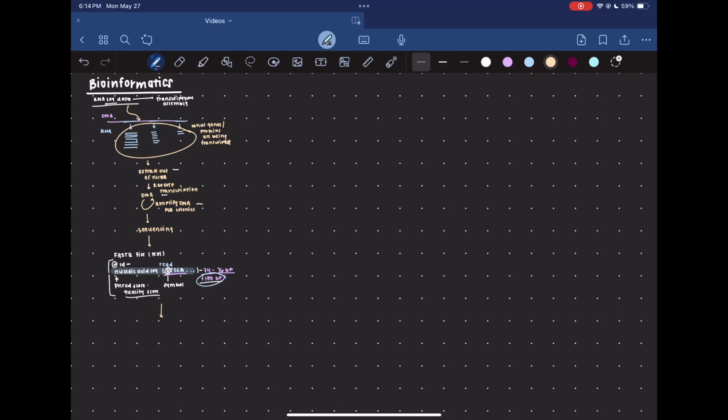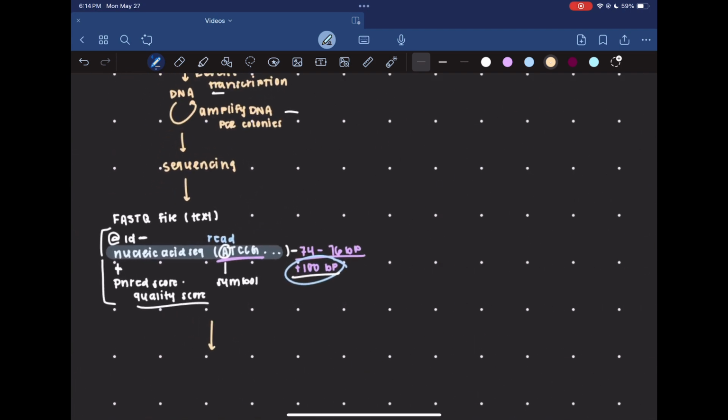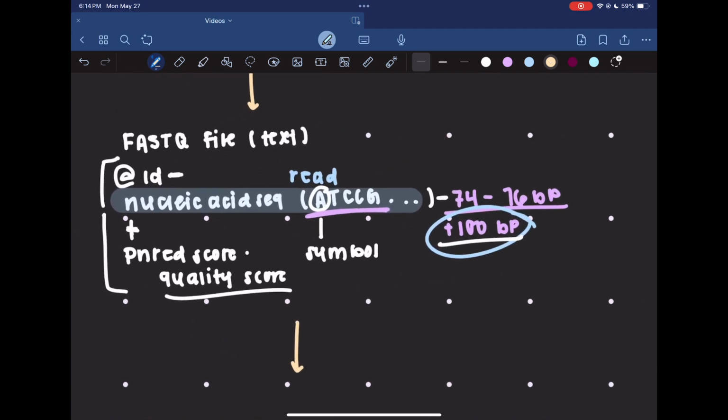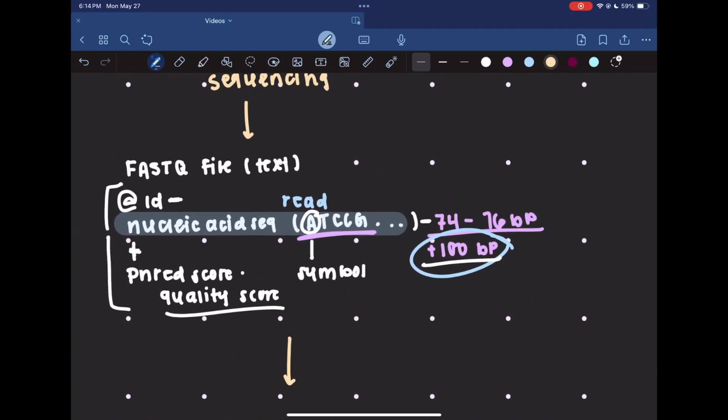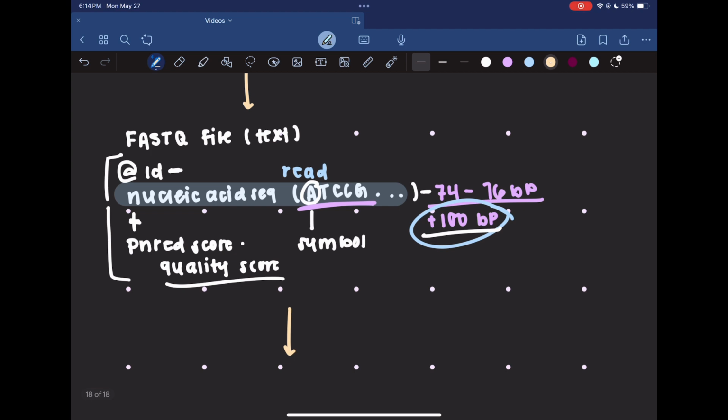Hi everyone, welcome back. In the last video, I talked a little bit about the basics of collecting a sample for RNA sequencing, and what the file actually looks like when you get your results. So we're just going to jump right back in to quality control of that file, which,